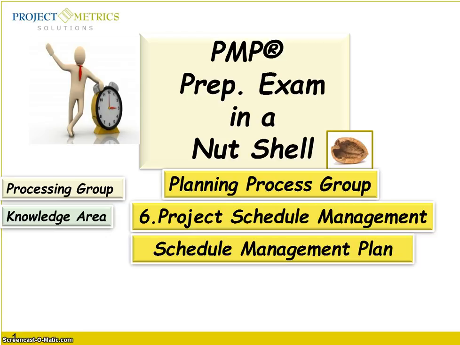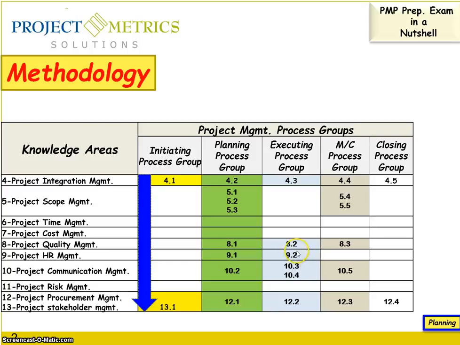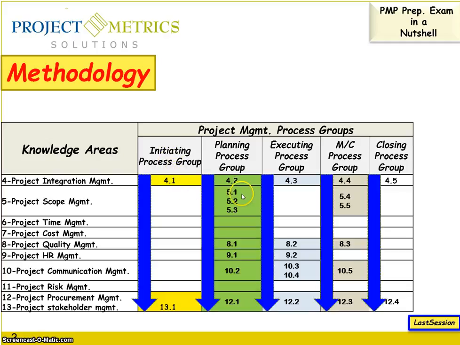In this session, we are going to continue working on the planning. Our process group is the planning process group and the knowledge area is project schedule management. Our goal is to develop the schedule management plan. Our methodology is to work from initiating. We are going to work according to the project management process group, not according to the knowledge area. So we started with the initiating process group, and then we will continue to work until we finish the closing